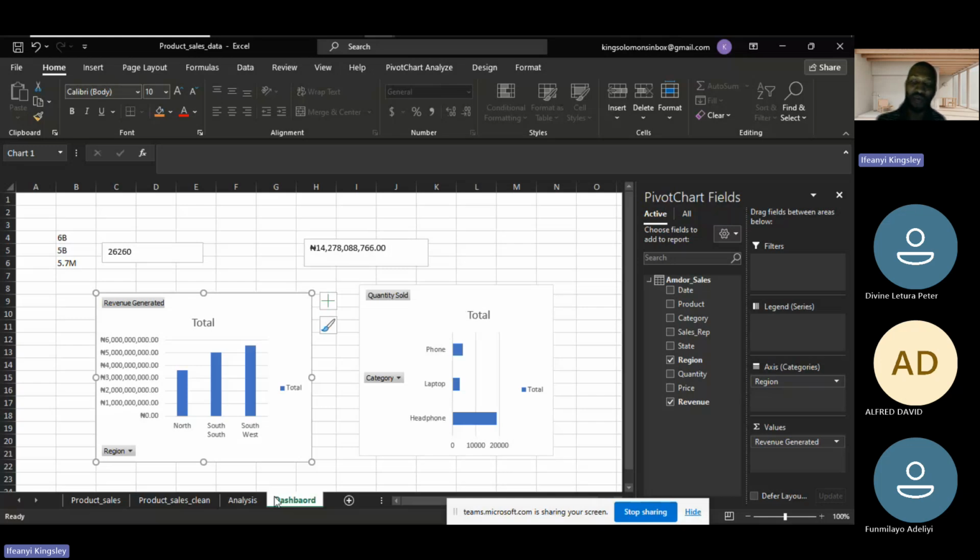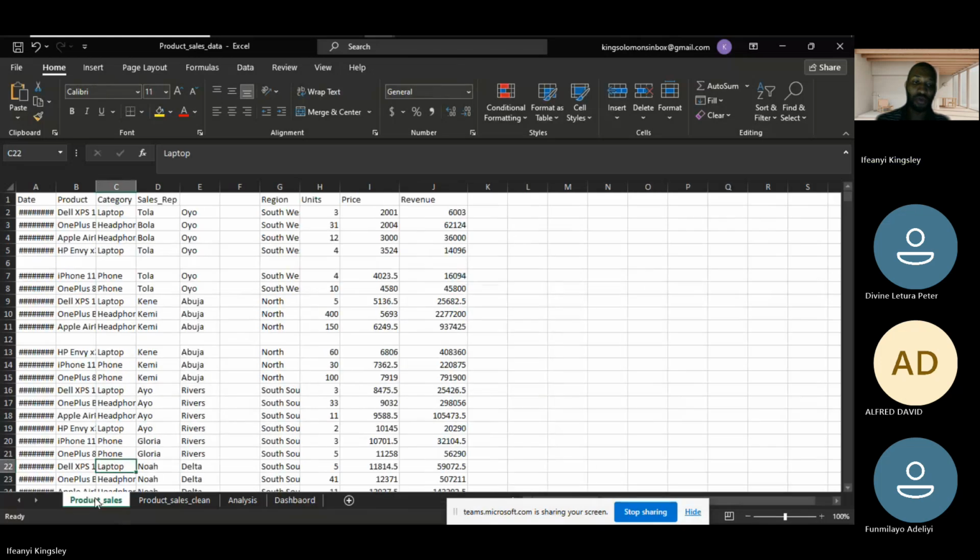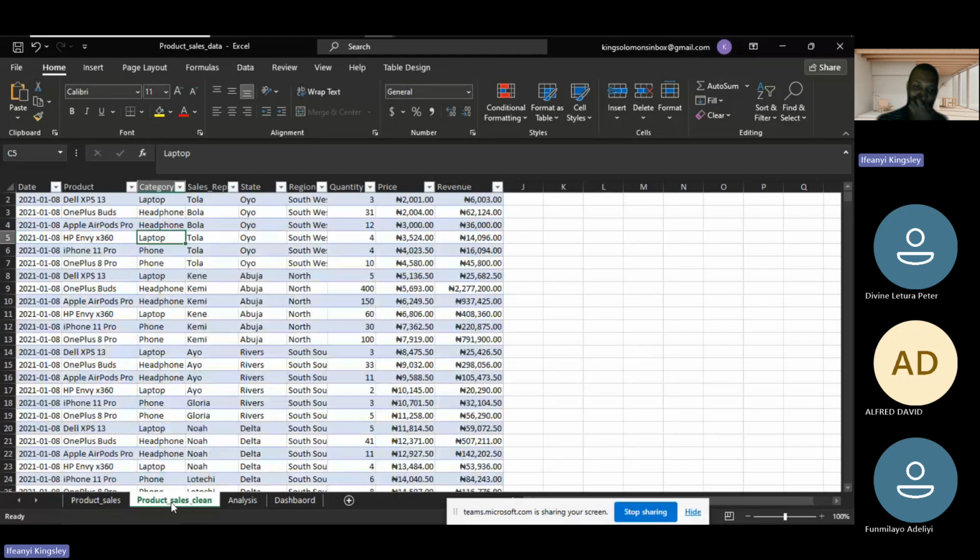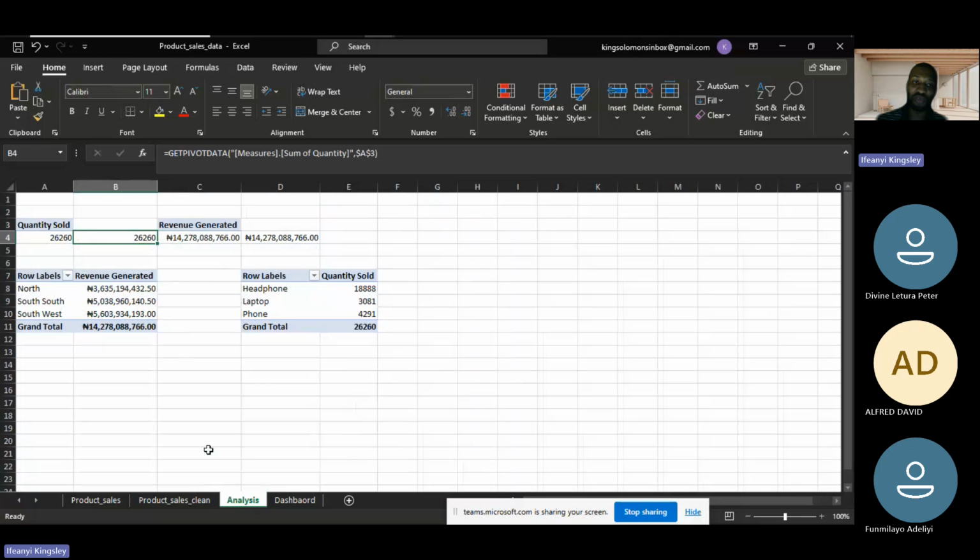Analytics is where you combine the process, the tools, the frameworks, the procedures to help you perform data analysis. So when you use Excel or Power BI or SQL or Python or any other software at all that is used in data, what you're performing is data analysis. So we started from the raw data, we moved to the clean data. We talked about the analysis, which is where